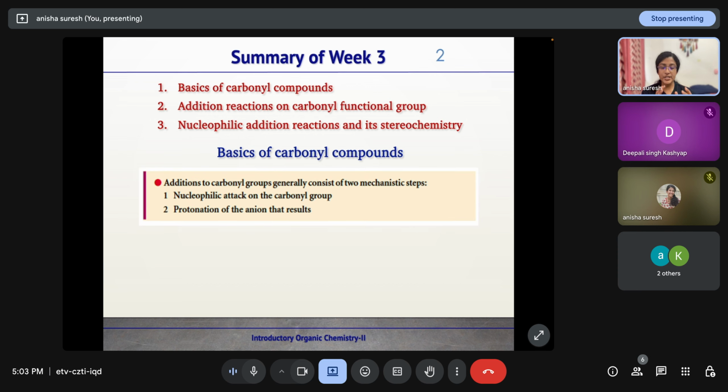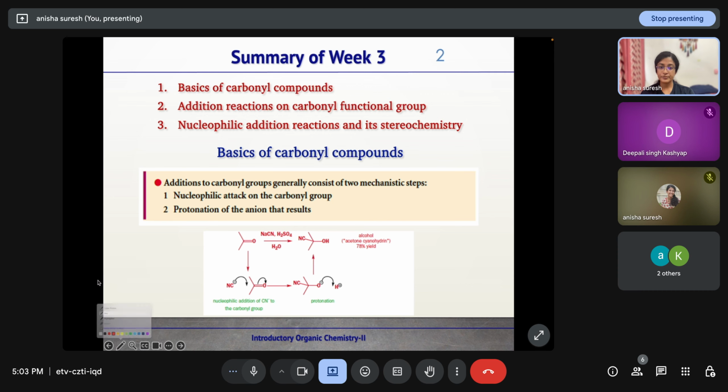How is an addition reaction to a carbonyl compound taking place? It involves two mechanistic steps. First is the nucleophilic attack on the carbonyl group, followed by protonation of the resulting anion. Here we have acetone treated with sodium cyanide in the presence of H2SO4 and water. Sodium cyanide, CN minus, will act as the nucleophile, and this is the electrophilic center, the carbonyl